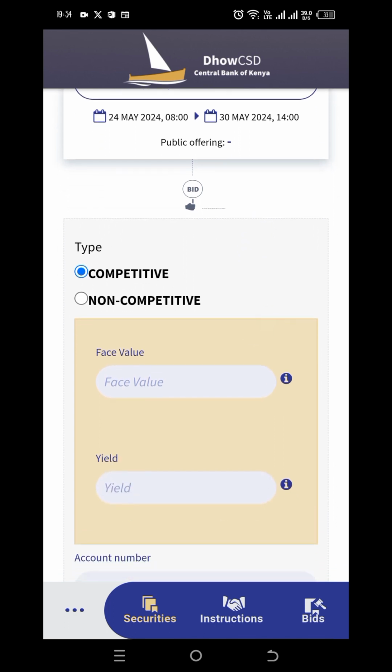Now we have 2 types of bids: a competitive bid and a non-competitive bid. When you place a competitive bid, you place the value that you want to invest, and you also give your expected yield. You are given a chance to dictate the percentage that you want for the bid, but that is reserved for people investing high amounts of money. I think the minimum for placing a competitive bid is around 2 million. Now that we don't intend to invest that much,